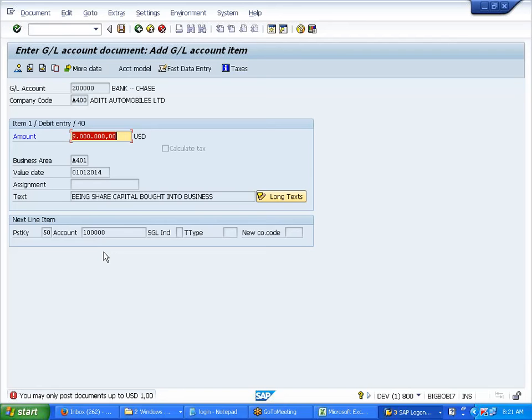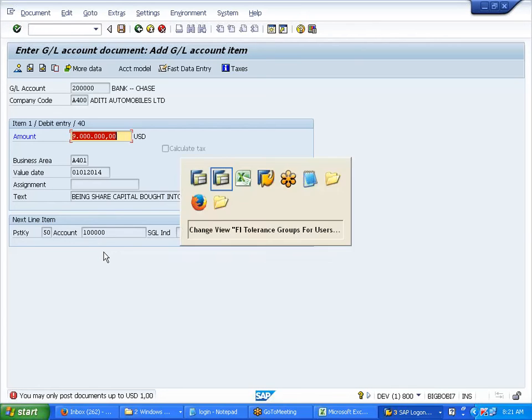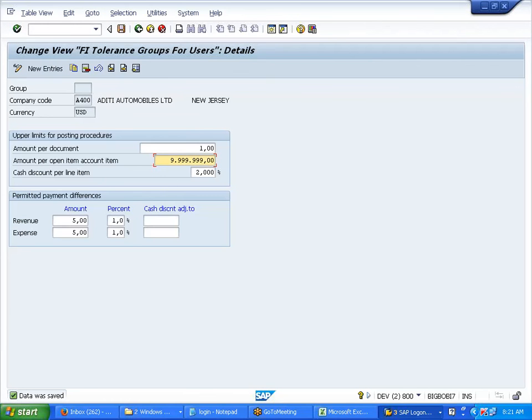Again it is saying, see. Okay, so I'll remove this now. This I'll keep as 1. I'll give it over here, and I'll save it.